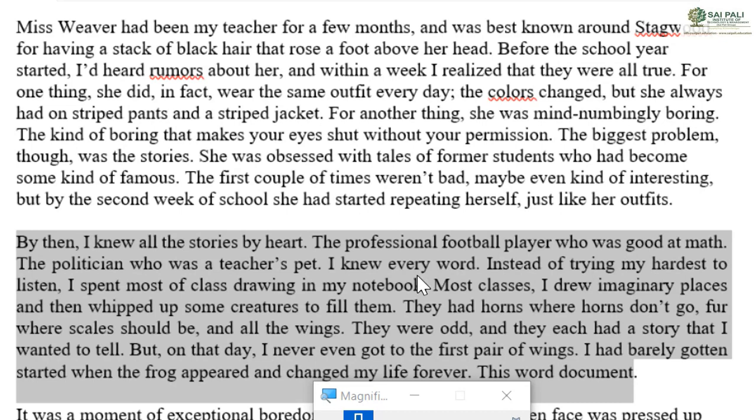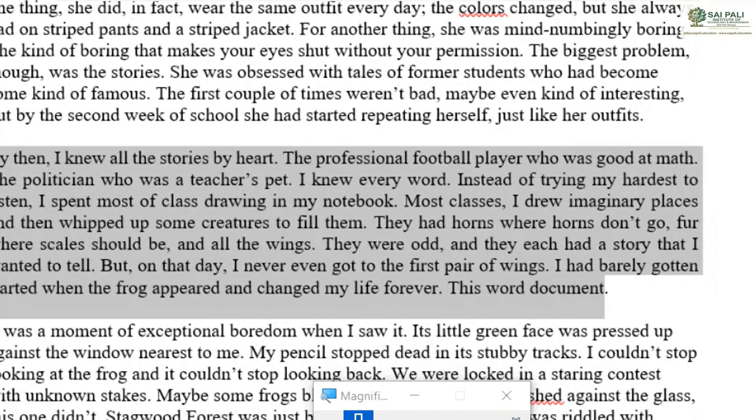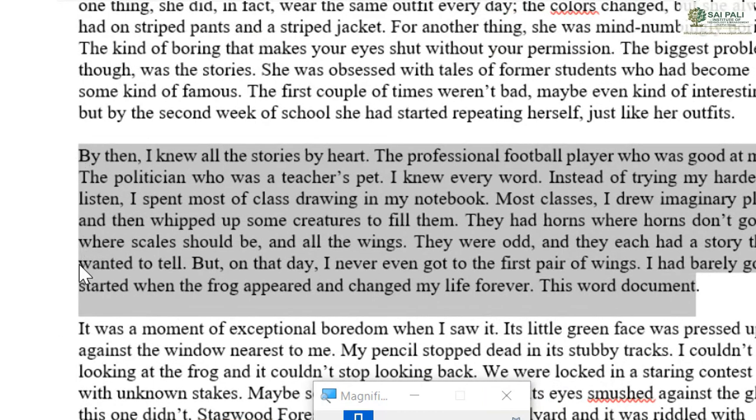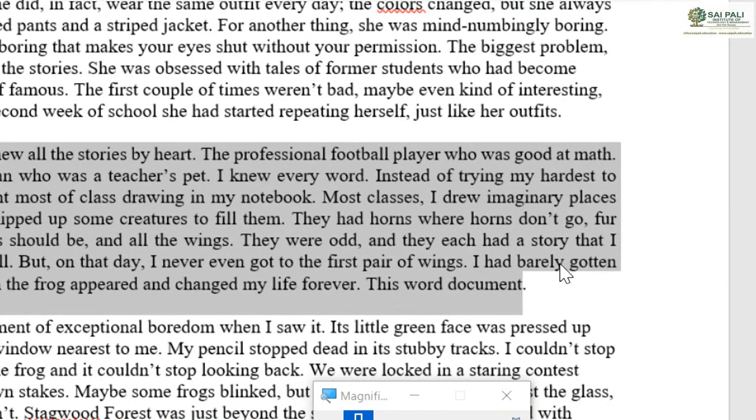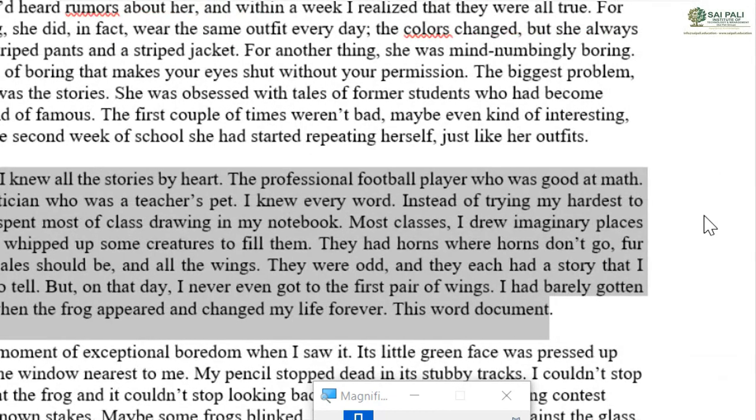So actually what it does is justify your paragraph. It makes all the lines equal from the left side and from the right side. It aligns the words on the left and right together, but it will not change anything in your paragraph. It just changes the space between your words.